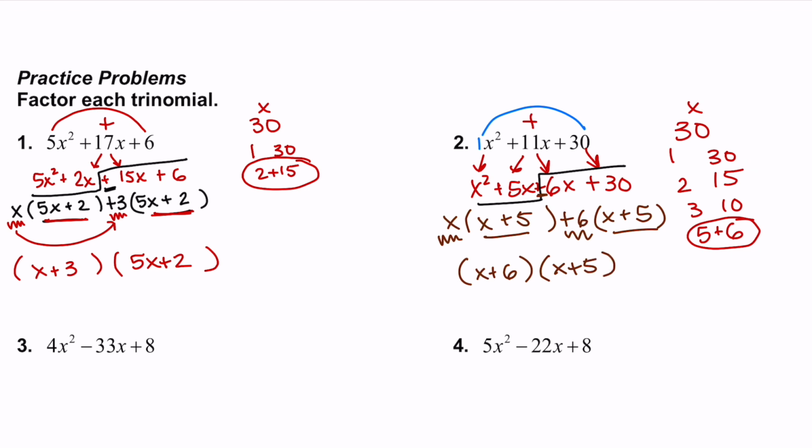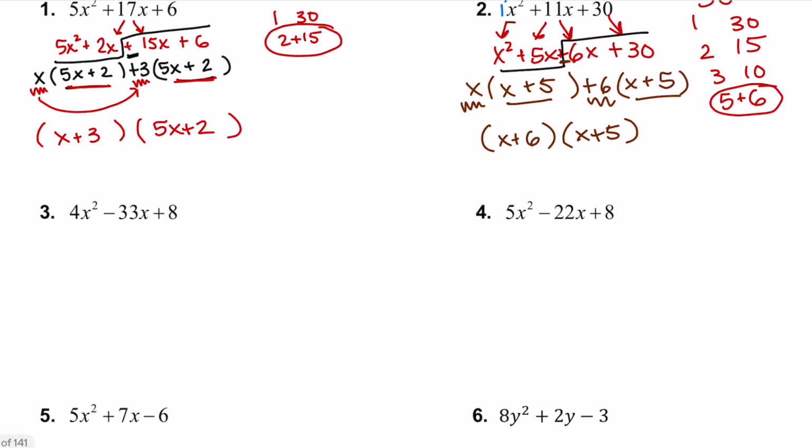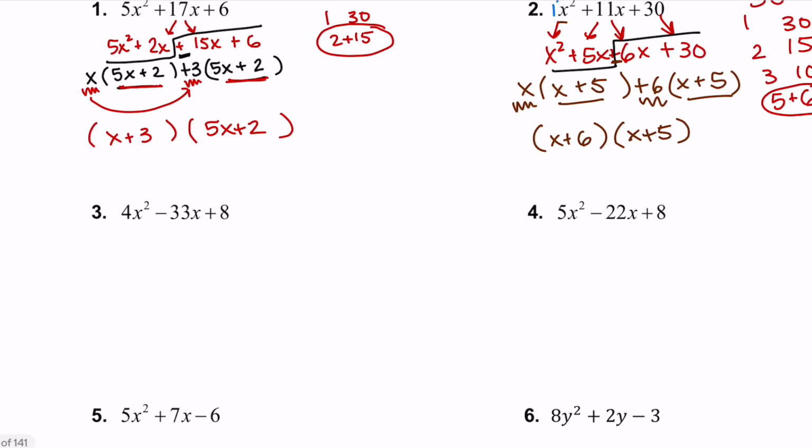And you can always double check again. x times x is x squared, plus 5x and plus 6x add to 11x, and 6 times 5 is going to be 30. So if you check it and it gets you back to the original, if you multiply it out, then you know you did it correctly. Okay, number 3, we're going to have